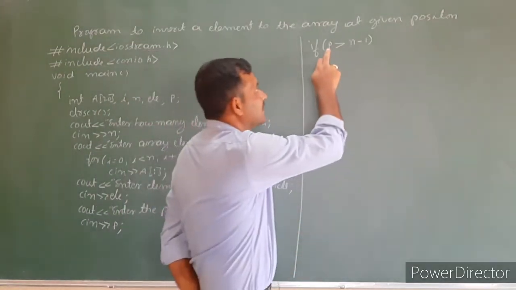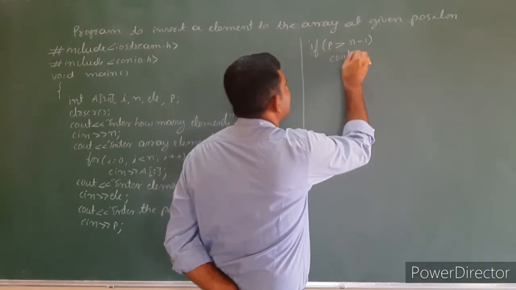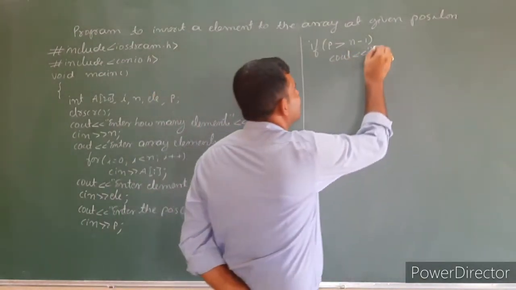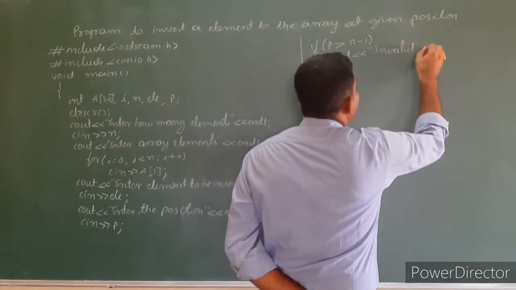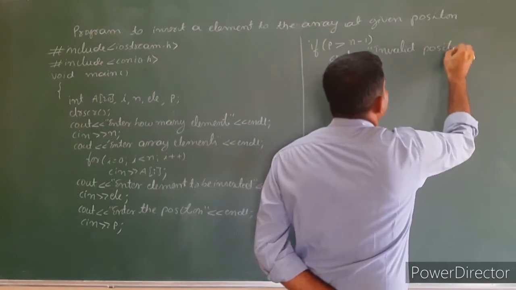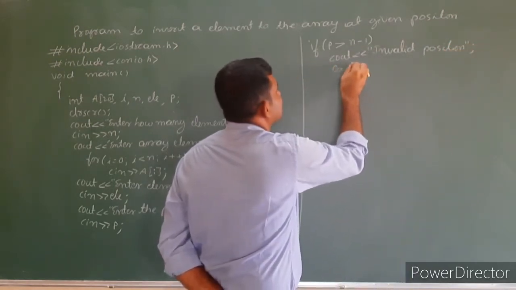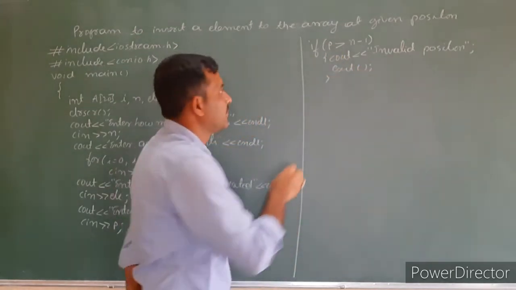Here we verify if the given position is greater than n minus 1. cout invalid position. Exit, invalid position, then close the program. Else,